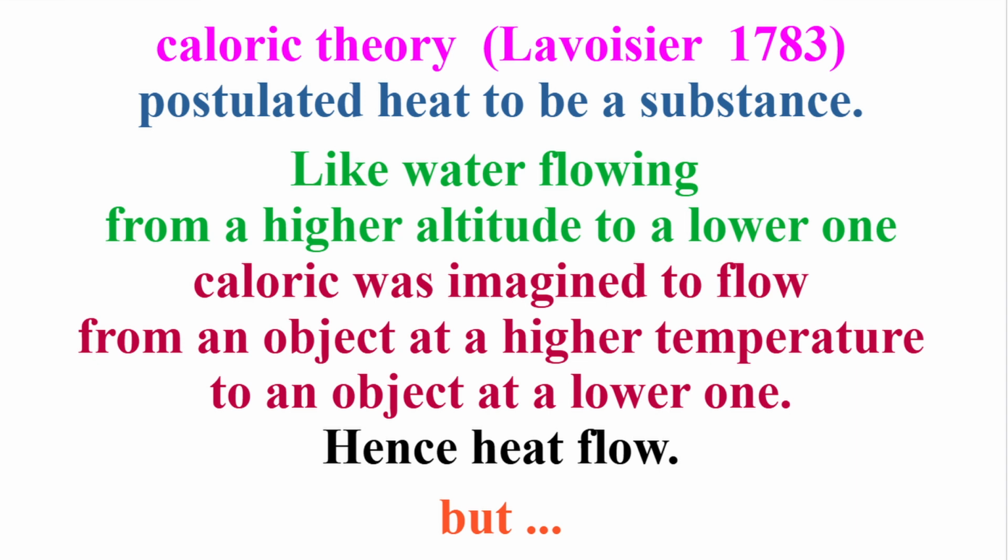He postulated heat to be a substance called caloric and imagined it to flow from a hot object to a cold one, similar to the flow of water from a higher altitude to a lower one. Hence, the term heat flow used often. Less commonly, work flow is also used. But